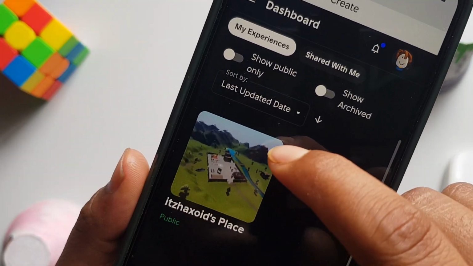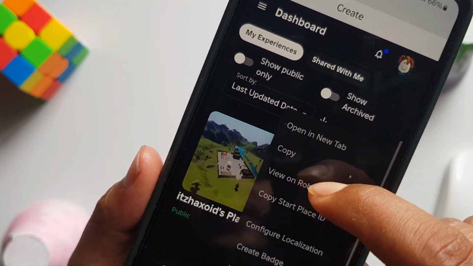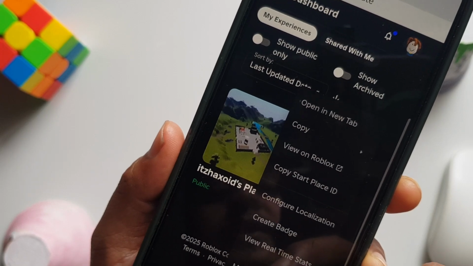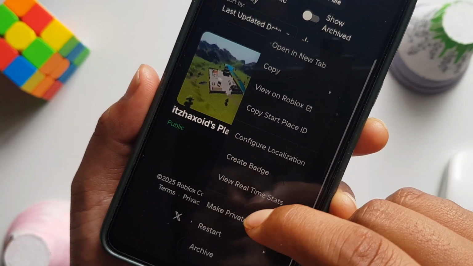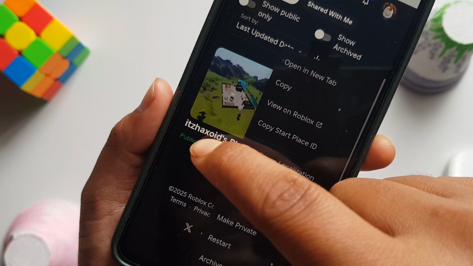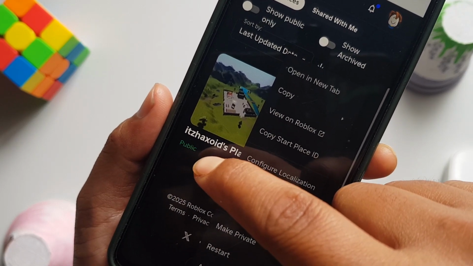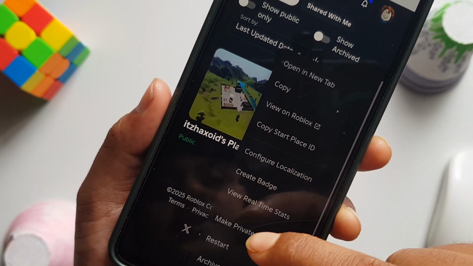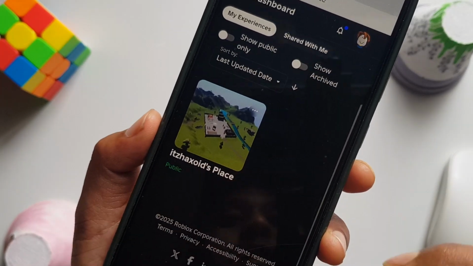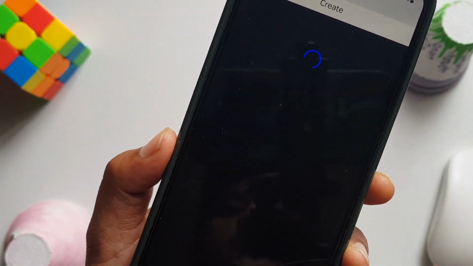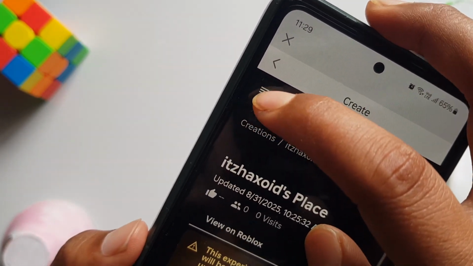So you will need to tap just on the right corner over here, and you should make this public. If you are on private, make sure that it is on public. All right, so mine is set to public, so I don't need to do it. So if yours is on private, make sure that it is on public. So now once you have made this public, tap on this place, then once again tap on this hamburger